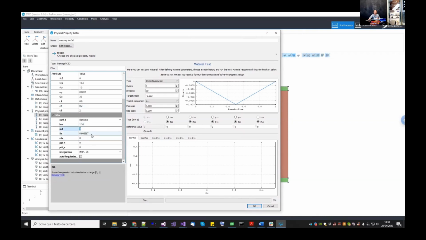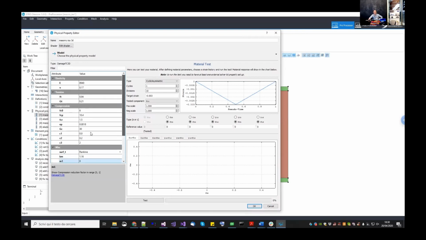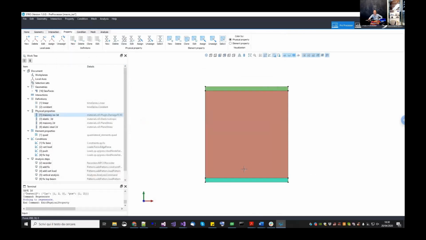The latency was very high, so we put just 0. This is fine, and 0 everywhere. Simplex algorithm, automatic regularization. Okay, so these are the isotropic homogeneous values obtained from a homogenization along the x